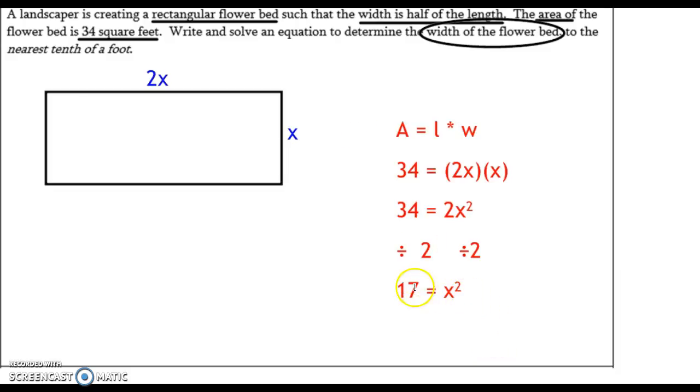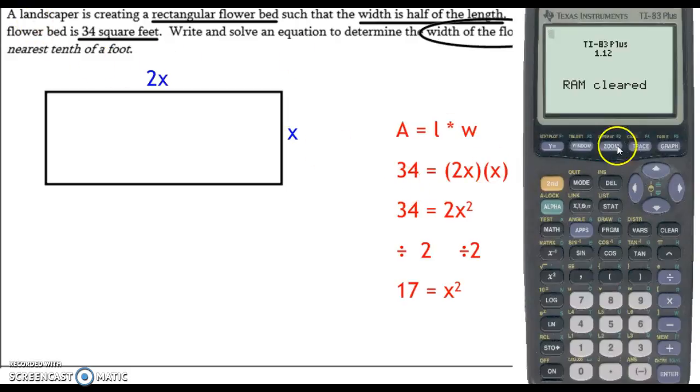The last step is to take the square root of 17, and you can see that that's not going to go on evenly because 17 is not a perfect square. It tells us to the nearest tenth of a foot. So we'll take out our calculator again, and we'll determine the square root of 17. Okay, we have our handy calculator here. So we need to take the square root of 17, and we get 4.123, etc., etc.,